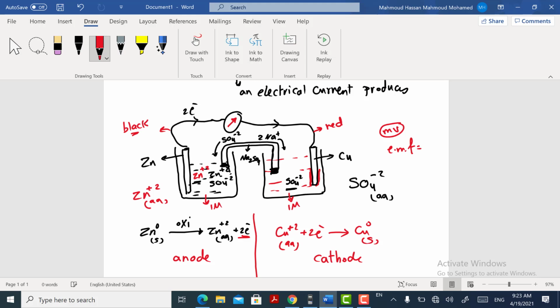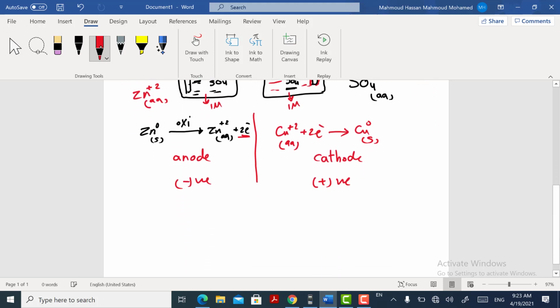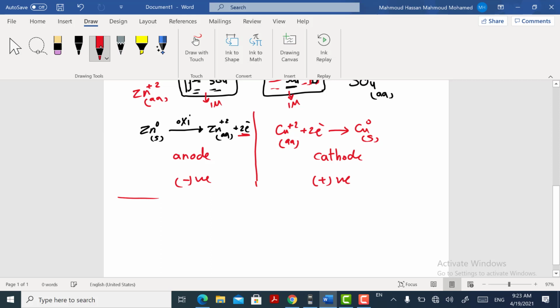It will be 1 or 0.97 volt, or 0.9 volt. Okay? If I tell you in the problems, guys, that